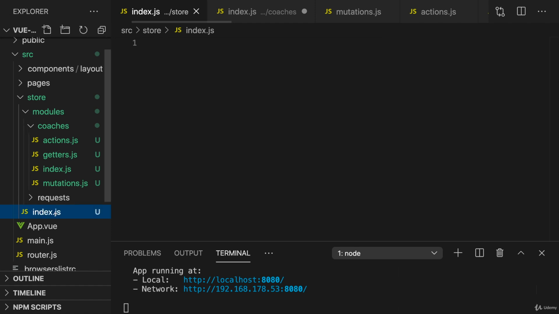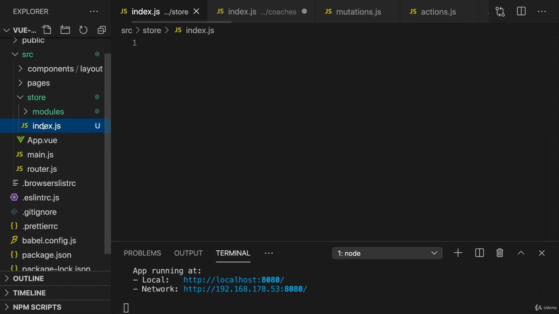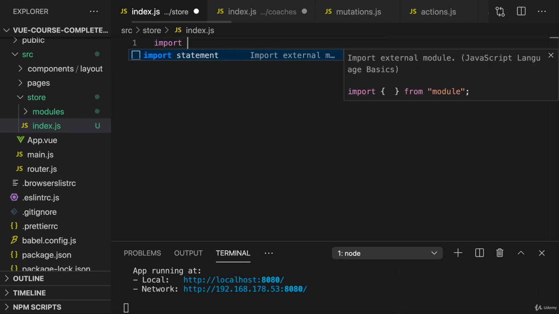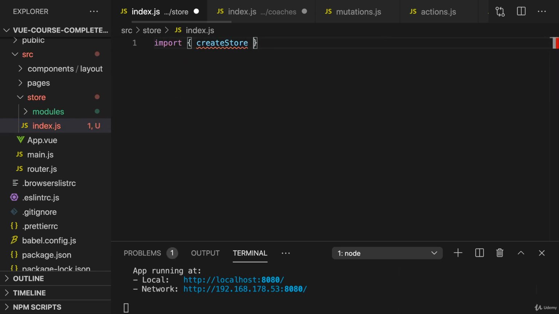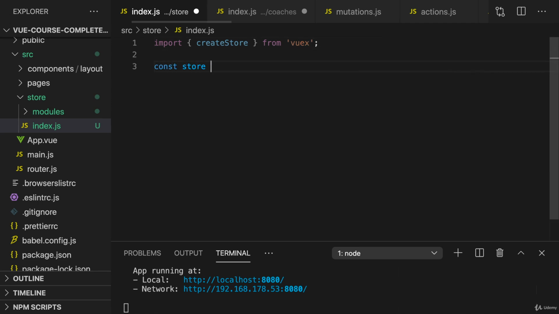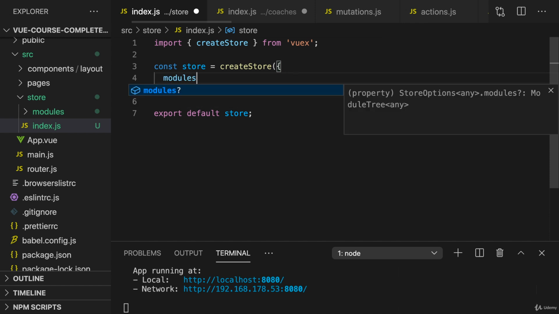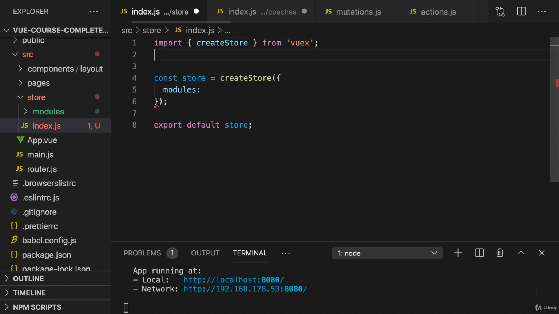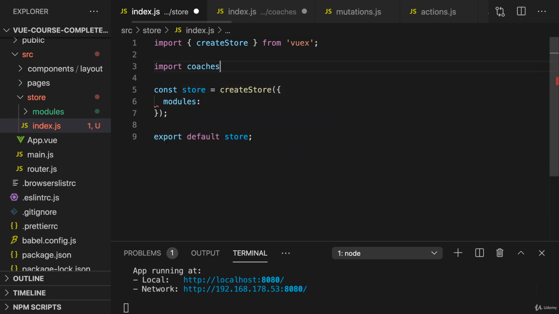So in the index.js file in the store folder, so this file here, I'll now import createStore from Vuex, and then simply create a store by calling createStore. And I'll export this store so that we can later use it in main.js. Now this store takes a config object as you learned. And here we can add the modules option to then import the coaches module from